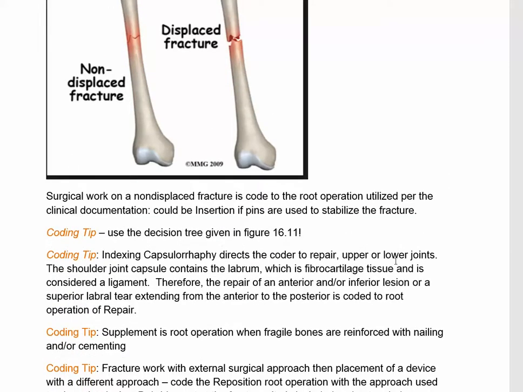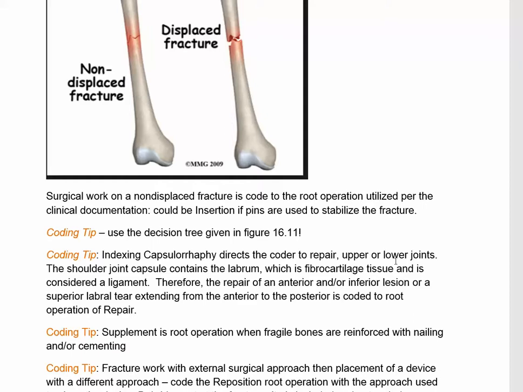Also in your textbook, figure 16.11 is a very helpful decision tree. It's to ask you questions, and if you answer yes, it leads you down one pathway. If you answer no, it leads you down another pathway. So if a patient, for example, has a femur fracture, if it's displaced, and the answer is yes to that question, and they put in some type of pin,